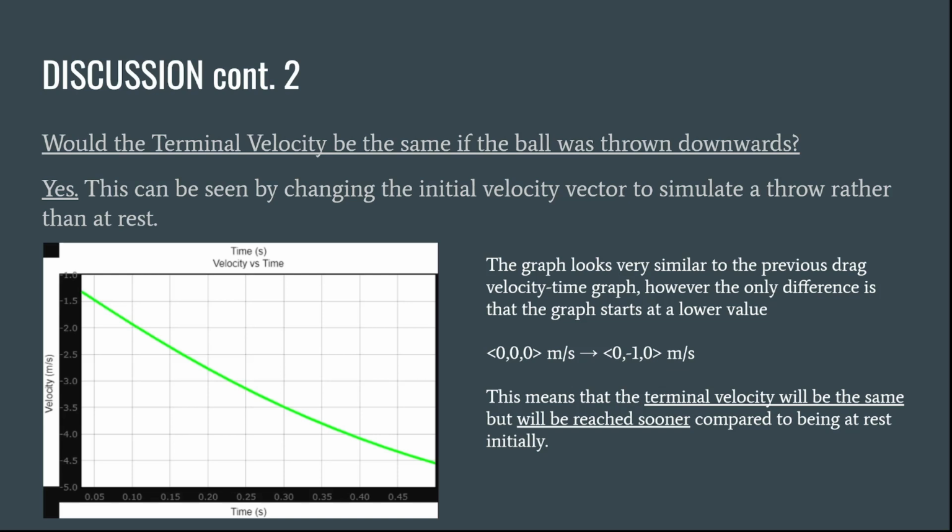Now let's say instead of the object starting from rest, we throw the object downwards. Will the terminal velocity be the same? And the answer to this is yes. By changing the initial conditions to have a different initial velocity, we see that the graph is similar to when it started at rest,